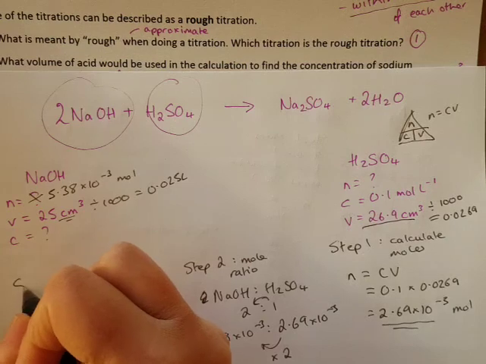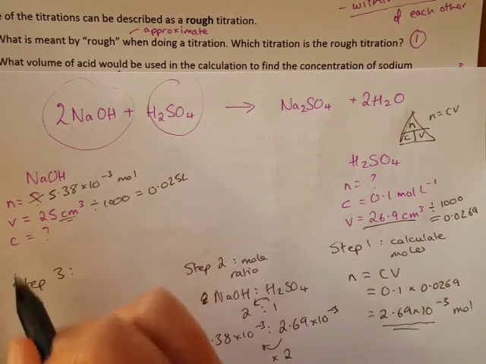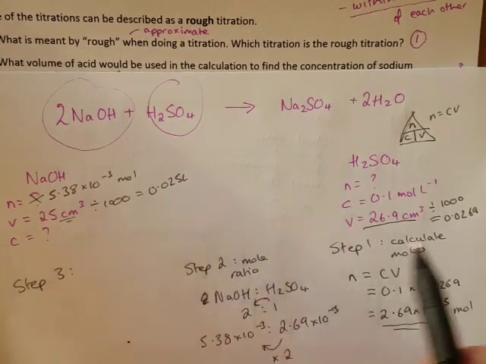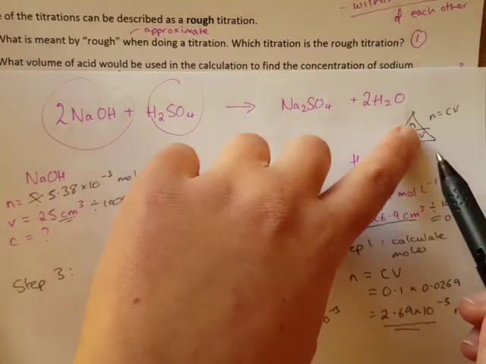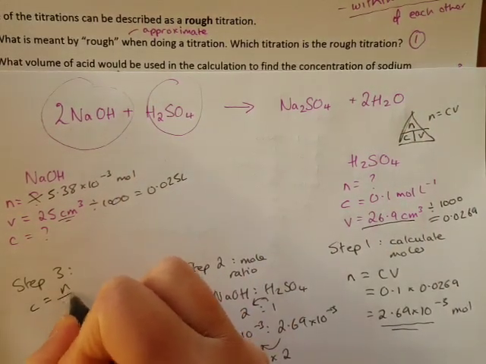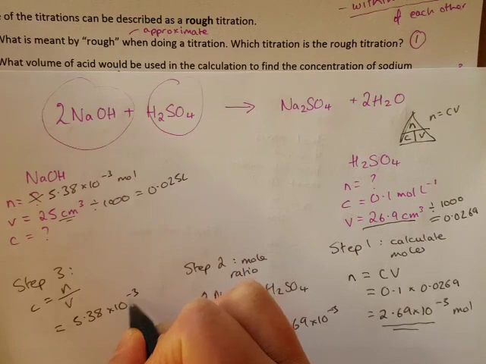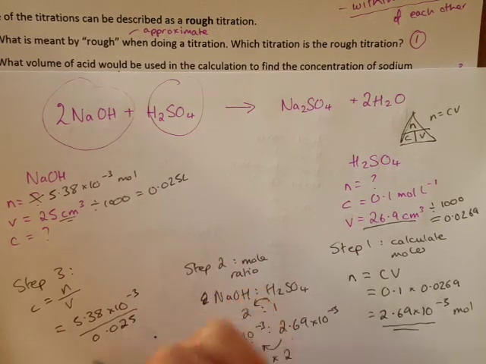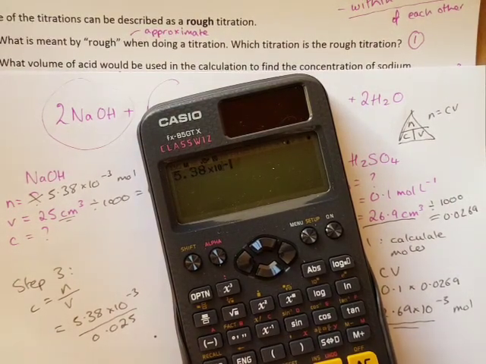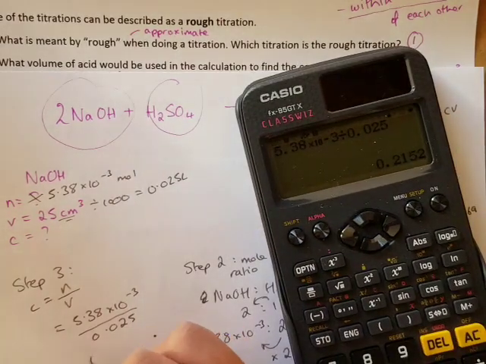So my final step in this calculation, it was calculate mass in the previous example, but this time my final step is going to be to calculate the concentration of the substance that I now have enough information about. So if I cover up concentration here, concentration is number of moles divided by volume. So that's going to be 5.38 times 10 to the minus 3 divided by 0.025. I will have to retype that into my calculator now. So 5.38 times 10 to the minus 3 divided by 0.025, and that equals